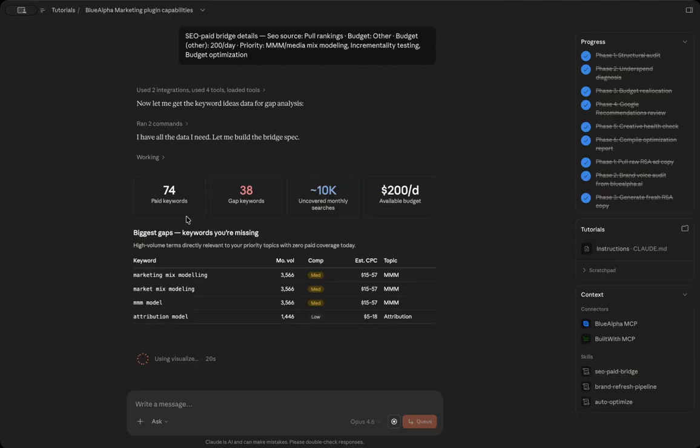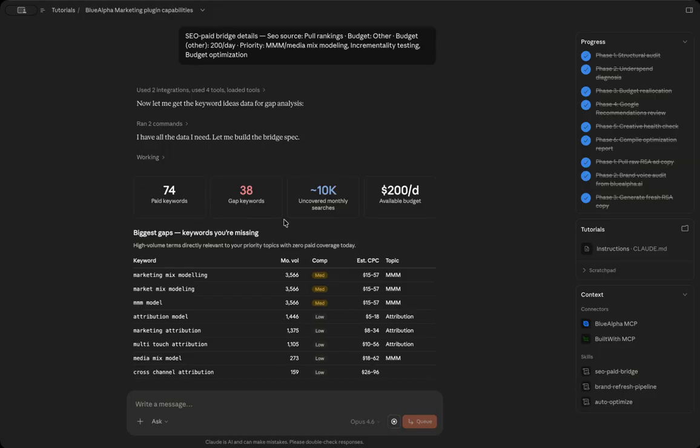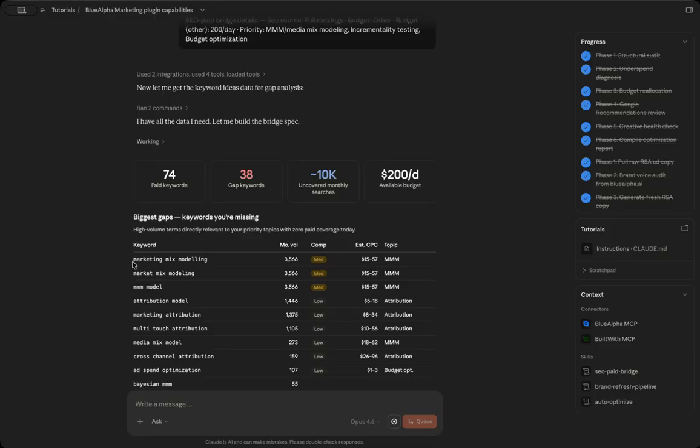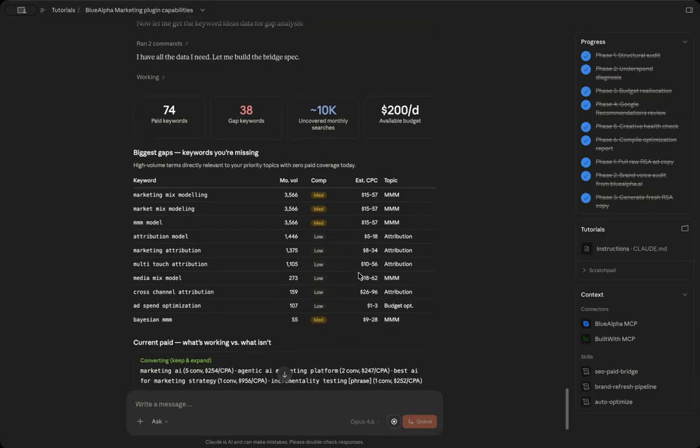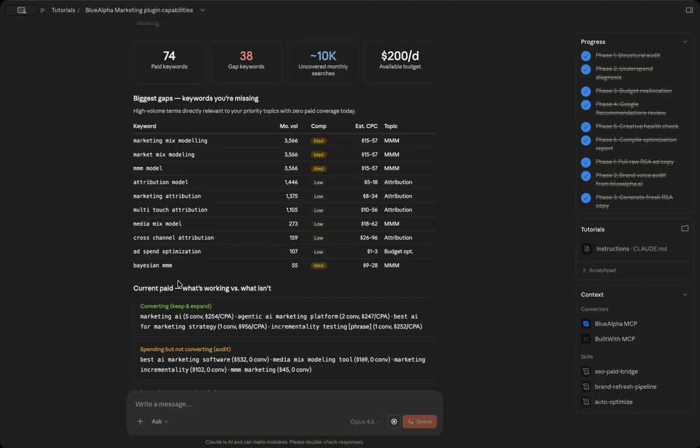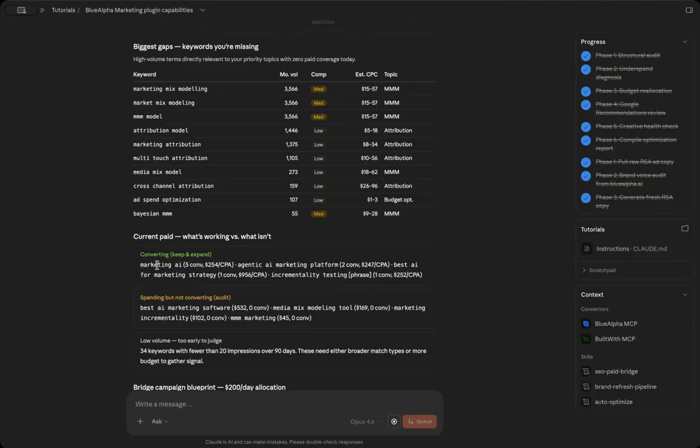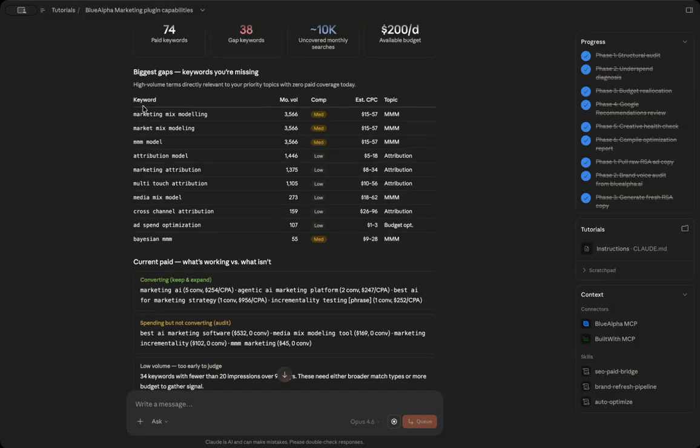So it started to generate a report for us, in particular the biggest gaps and the keywords that we're missing. It pulled in keywords like marketing mix modeling, market mix modeling, the monthly volume, and the estimated cost per click for these individual topics as well. And then it shows what is current, what is working, what isn't. For converting keyword expanders, we have marketing AI, agentic AI marketing platform, best AI for marketing strategy, incrementality testing, which is interesting because none of them are specifically tailored to just MMM, but more AI and